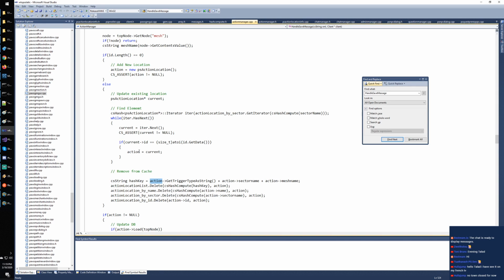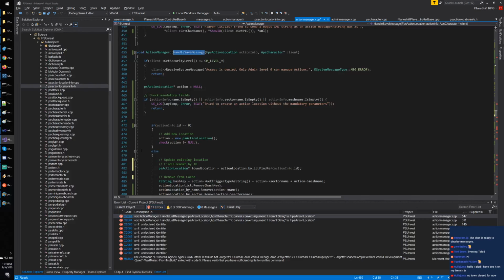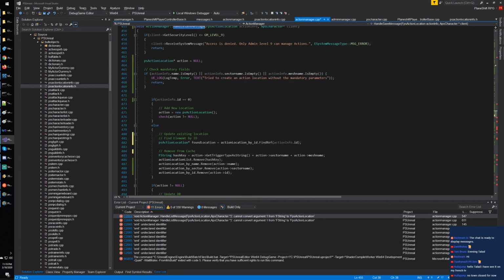There was a reason for sure in this code. So he's taking our current, which is this one that I found. He's basically doing get trigger type as a string, get sector name, get action, get mesh name. So he's getting this thing and removing it from the action list. Okay, I think that is okay. Then he's removing by name this one, by sector this one, by ID this one. Okay, because we are keeping